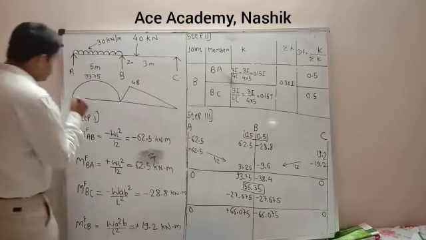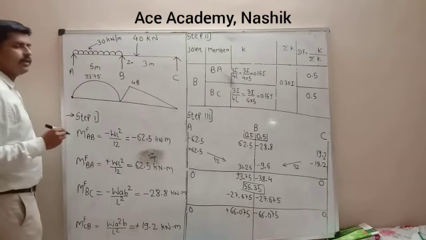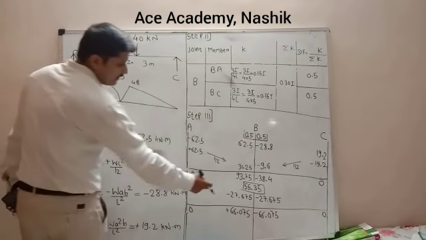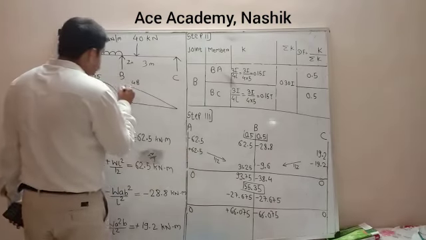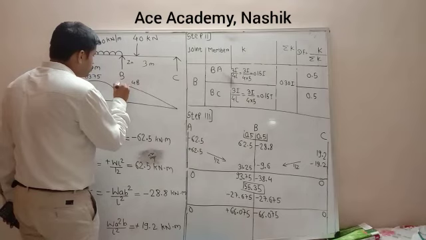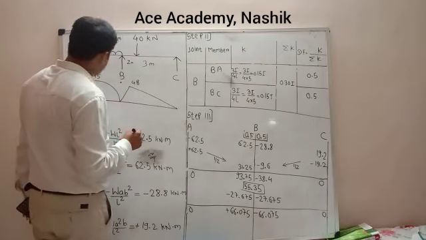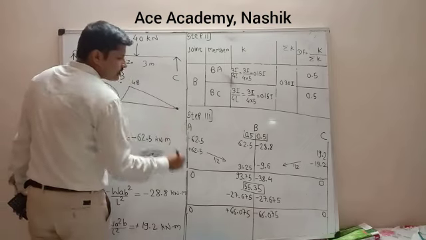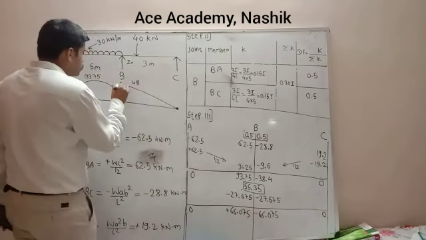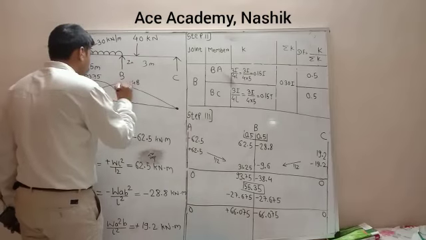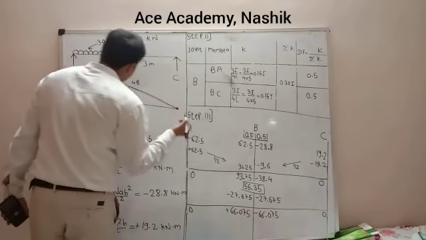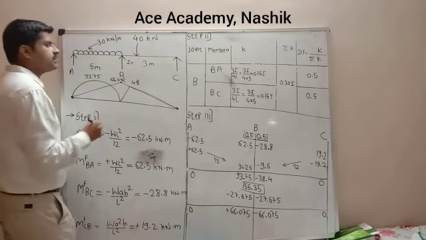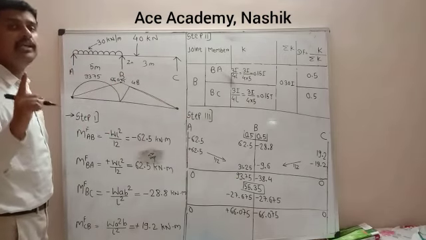Now AB is 0. So the point is on this line, that is 0. For BA, it will be plus. Plus is on the upper side. So this is plus 66.075. Now it will be 0 for CB. So I am joining this. This is 66.075. This is our final BMD.